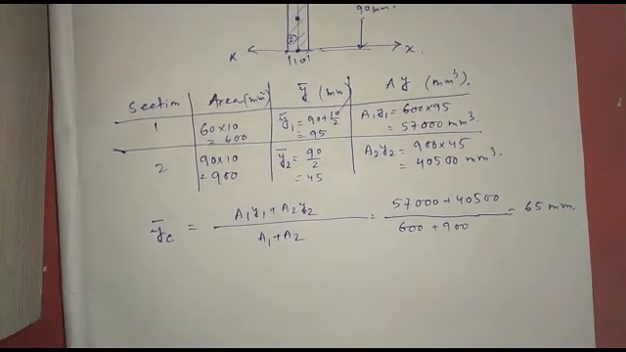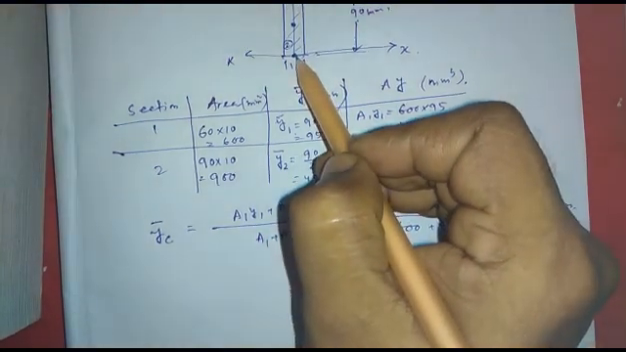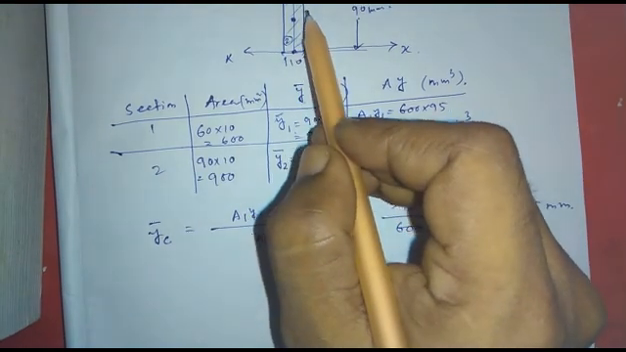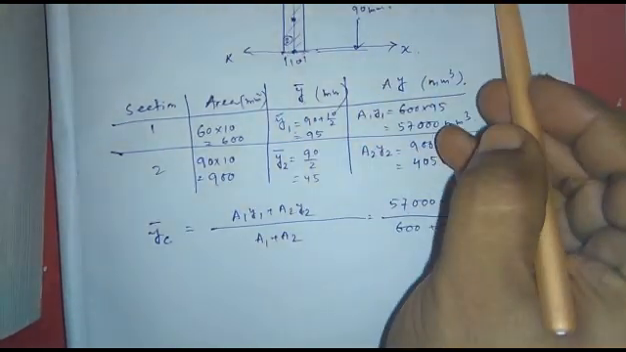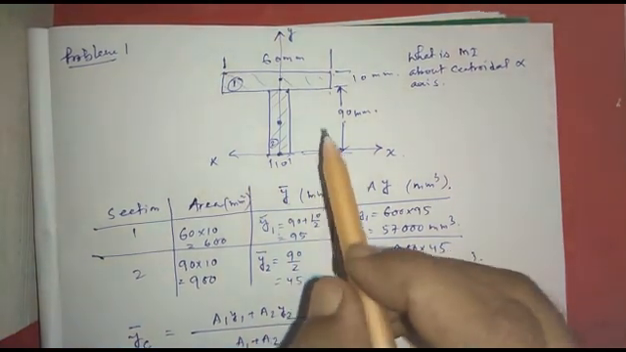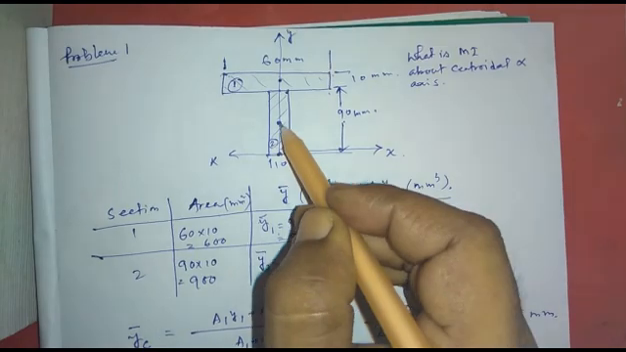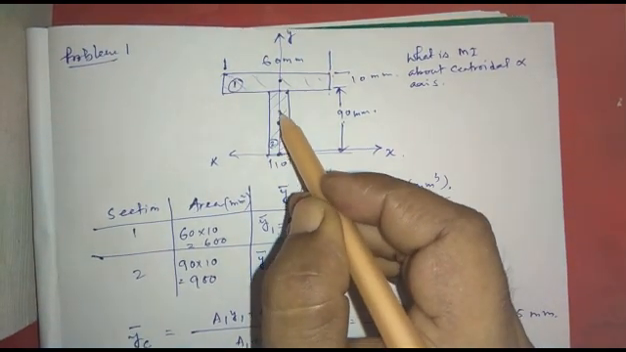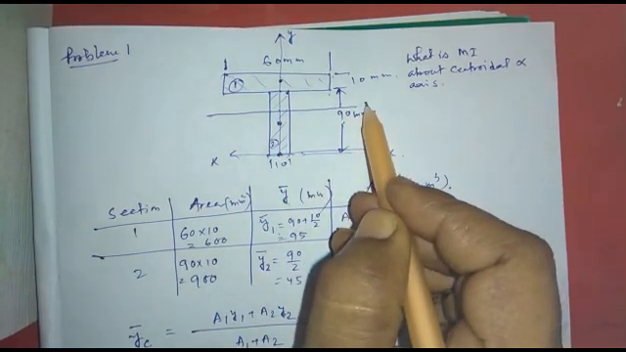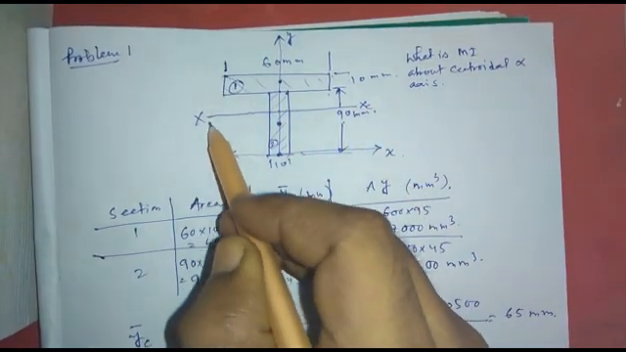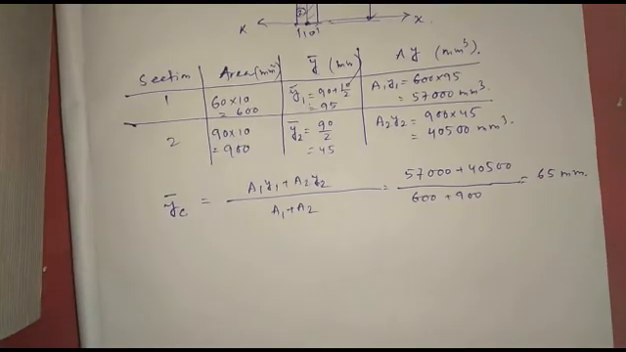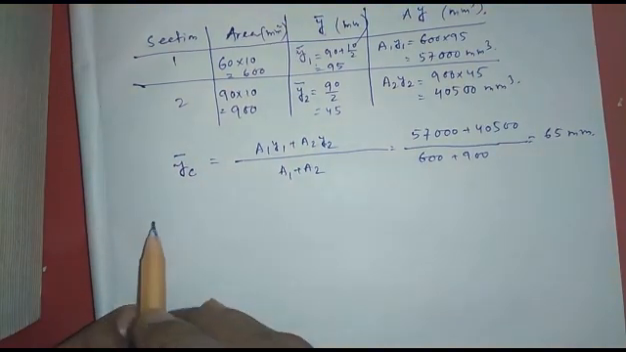Okay, so from the base, the x-axis passing through this base, the centroidal x-axis lies at a distance of 65 millimeters. So the 65 is, this is 45, so 65 should be above this one. So I'm marking this centroidal x-axis. Okay, centroidal x-axis. Now the moment of inertia